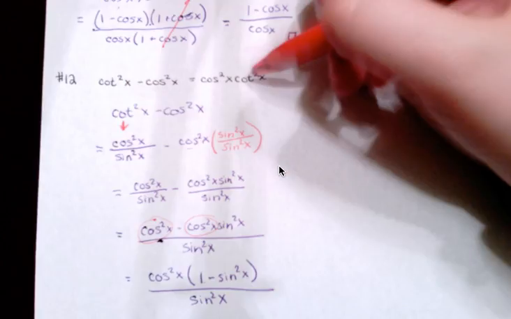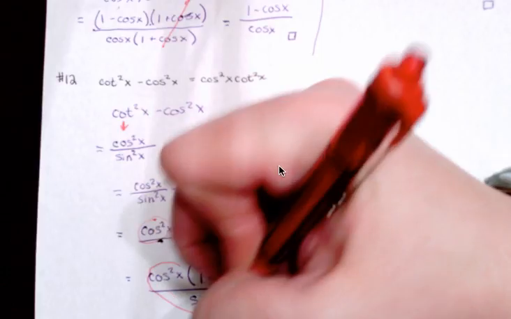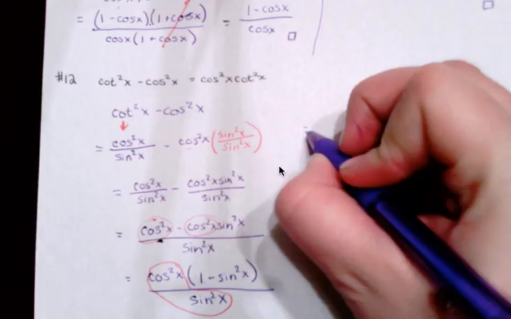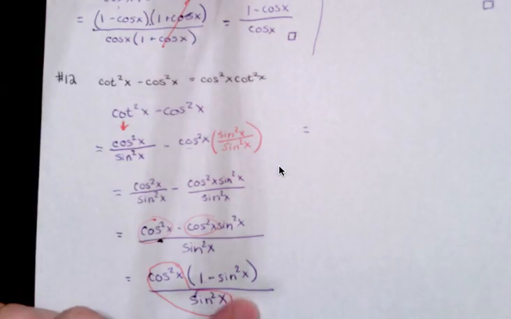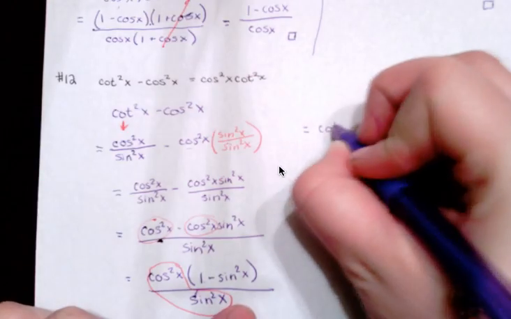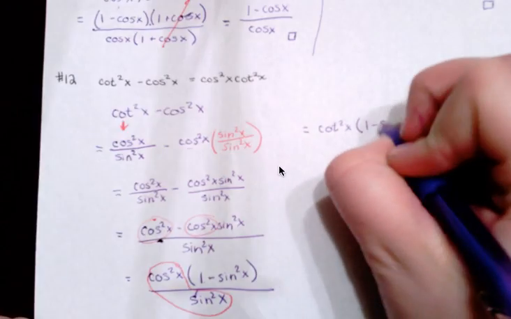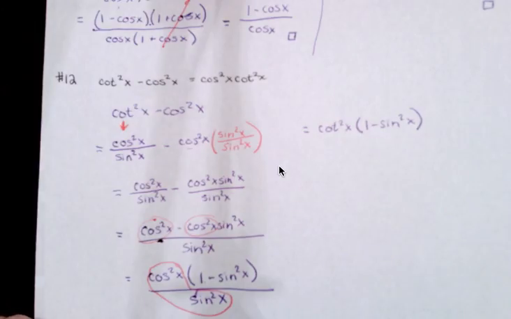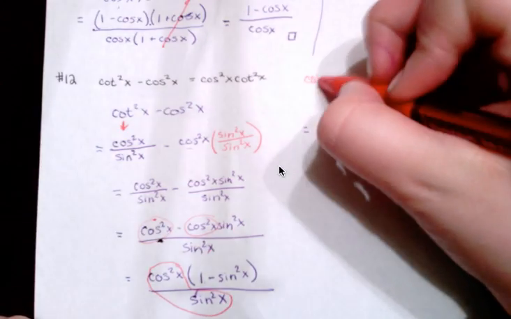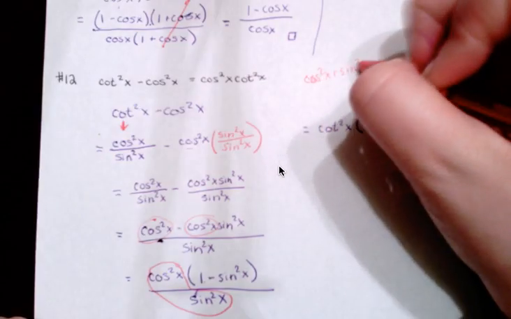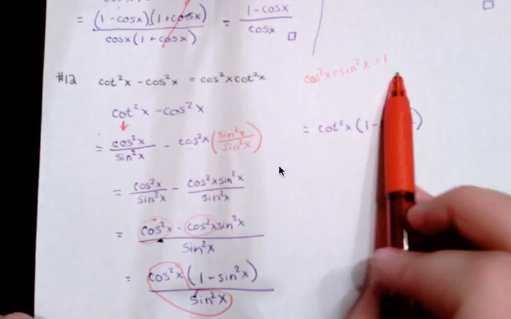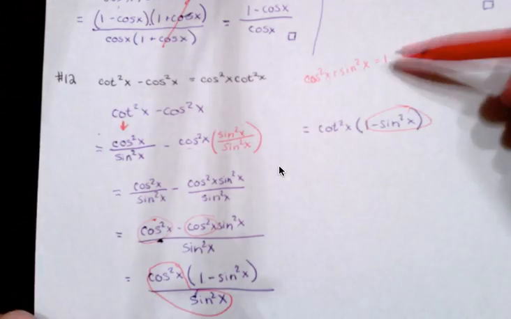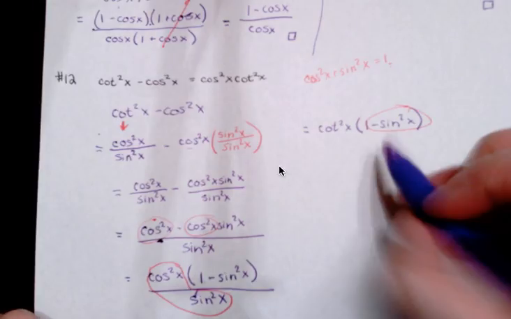Well, I know I wanted cotangent. Well, I already kind of technically have that using my quotient. Cosine divided by sine, that is equal to cotangent squared. And then I have 1 minus sine squared. Again, I have a 1 minus sine squared using my original cosine squared plus sine squared equals 1. I could rewrite that by subtracting. So this, from that Pythagorean identity that you should probably write on the top of your papers every time, I know that's equal to,